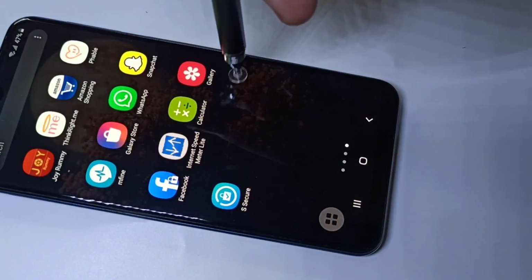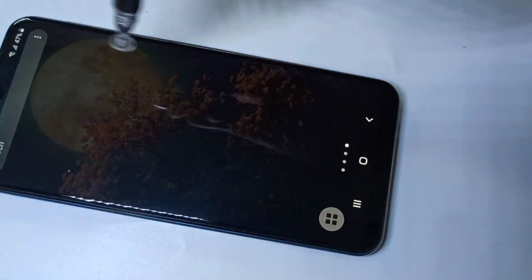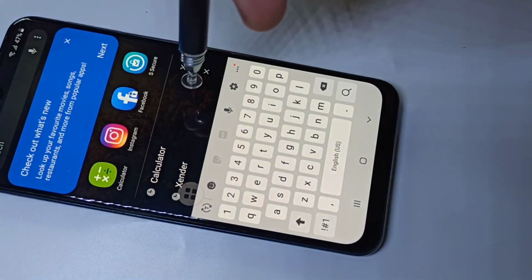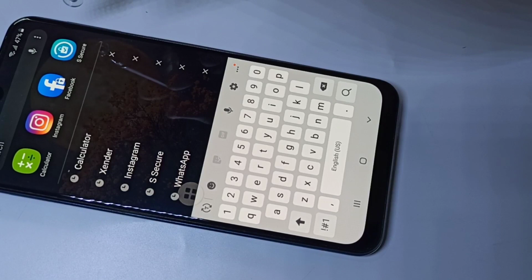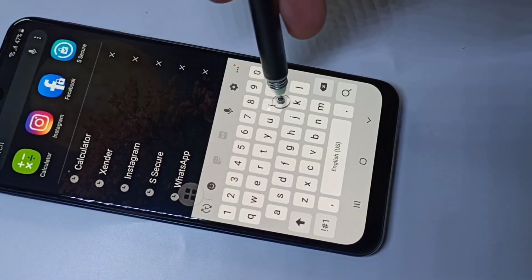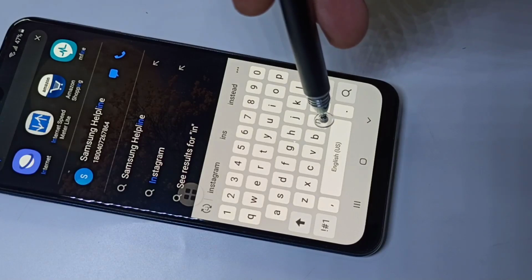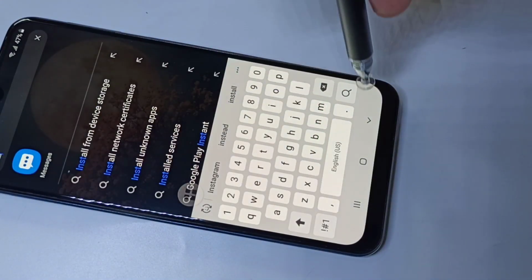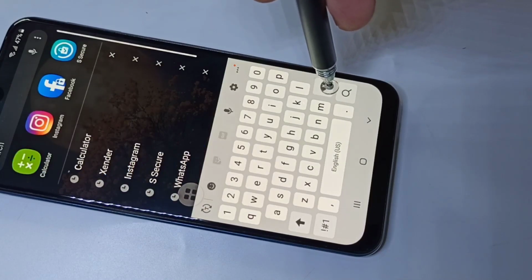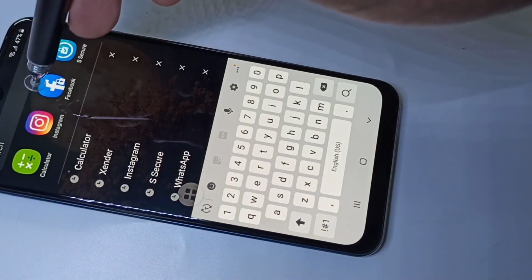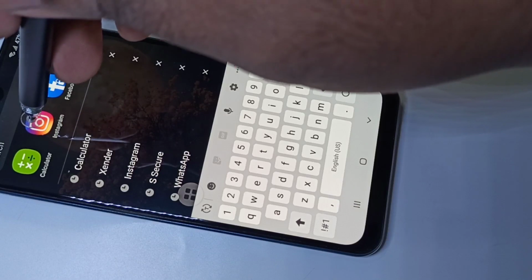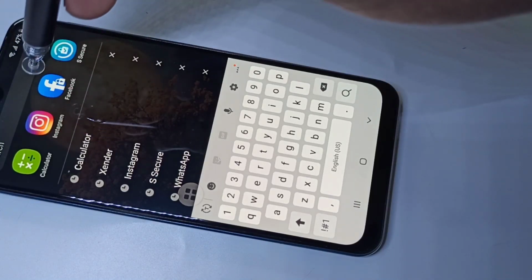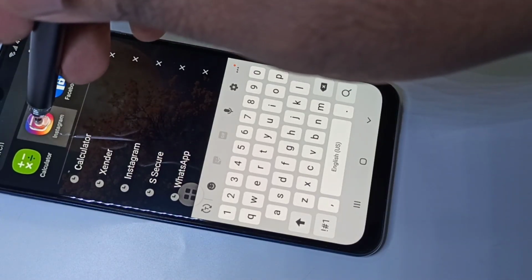So there is no Instagram. Even if you search, right now you can see Instagram here. No, even if you search, there is no Instagram, but that icon is here. I think it's from the cache. We cannot open it.